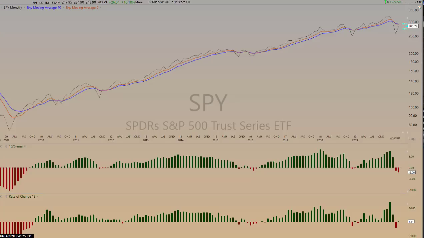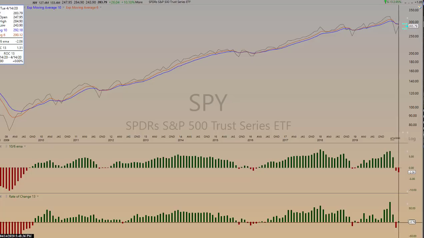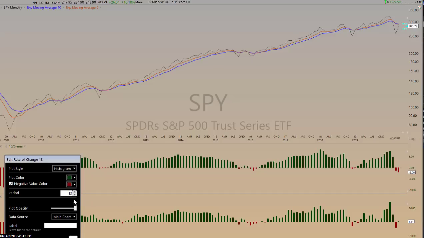And we have rallied back into resistance. So if we get rejected here off the resistance, we're so close, we're going to have a second confirming close down below the zero line on the ROC. That's the rate of change 13, and sometimes I'll toggle that to ROC 12,